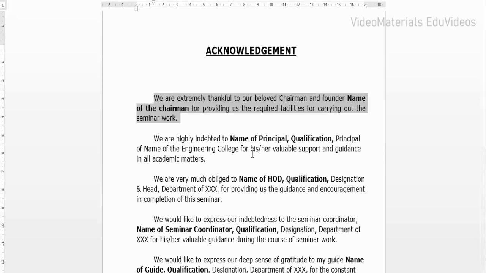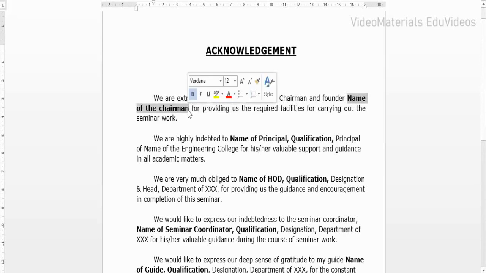But when we look into the content, the bold letters which I have highlighted represent the name of a person. When you are writing the name of a person within a paragraph, it should not be like the one that I have selected. It means the name should not be represented in two lines, like the first name in one line and the last name in another line.